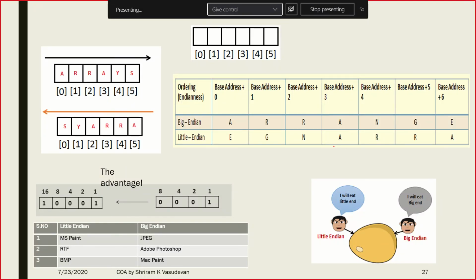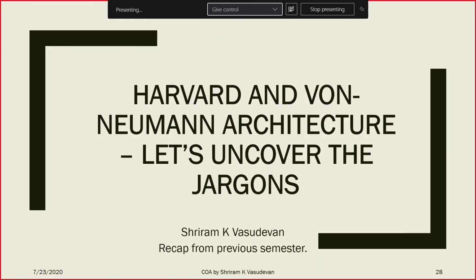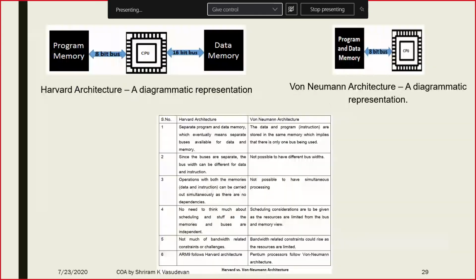Okay, so you see it yourself, but there will be questions from this, and later on, don't tell me that Sriram sir did not teach this. There can be questions, there can be discussion on this, so make sure that you go through it because this is also fundamental. And Harvard and Von Neumann architecture also we have seen clearly. Harvard architecture says that they will have separate buses, whereas Von Neumann architecture says that they will have only one bus for program and data. That's a major difference between the Harvard and the Von Neumann architecture, right?